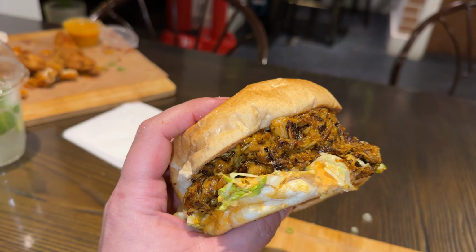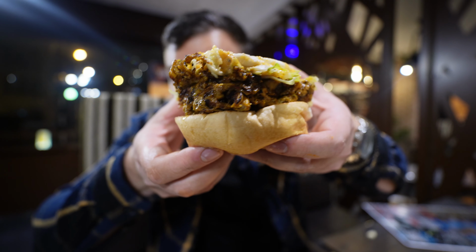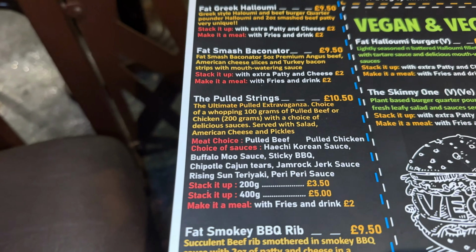So I thought, you know what? Let's actually get an entire burger, right? That has pulled meat in it. This is pulled chicken, so you do get the choice. That was pulled beef in the box. This is pulled chicken. With this, if I remember correctly, I could just look at the menu actually. Forget my memory. It's basically you pick chicken or beef. It's called the pulled strings, and then you pick